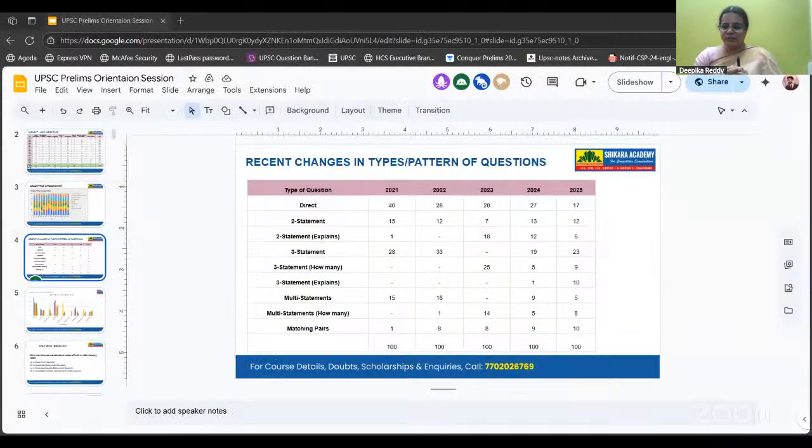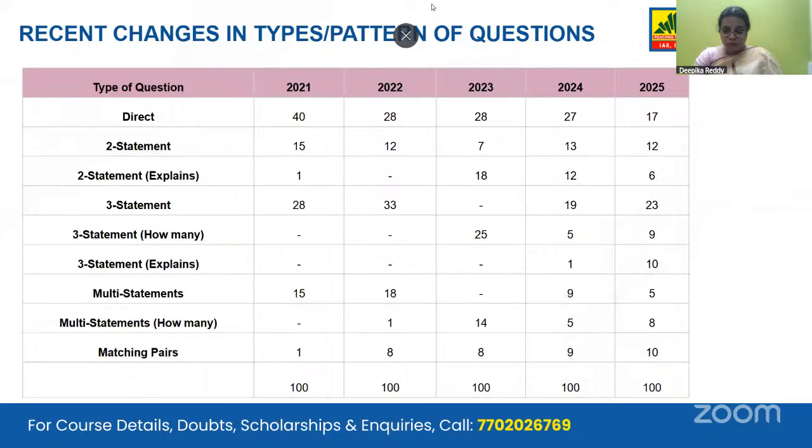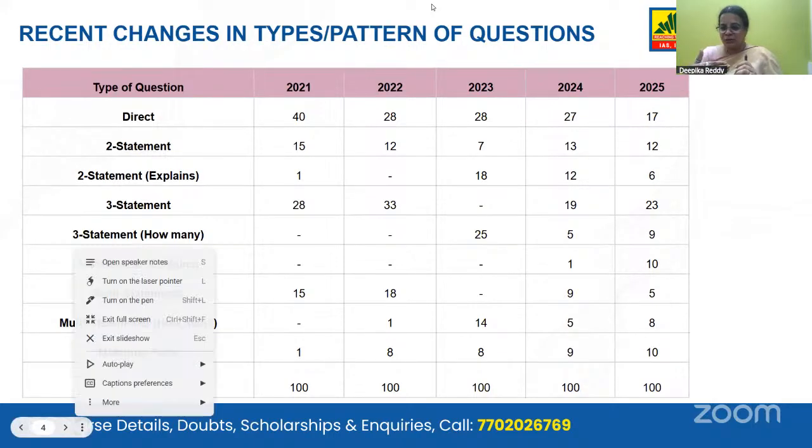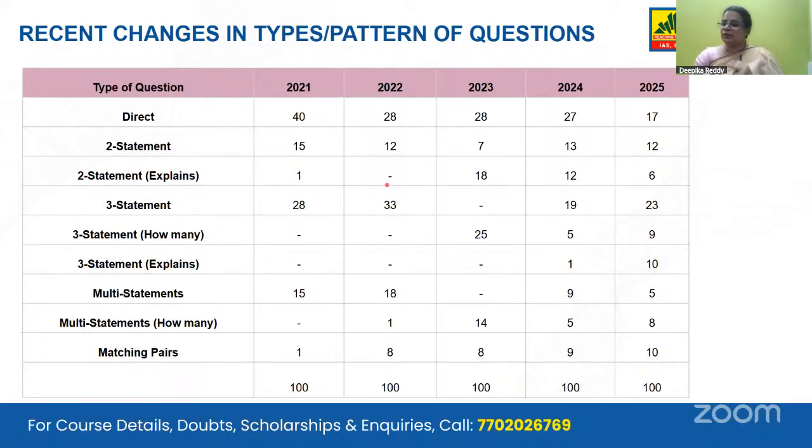difficulty UPSC is taking. Elimination method is gradually being replaced with one is correct, two is correct, three is correct, four is correct. So such questions make it extremely difficult for you to even do any guesswork. And don't forget there is negative marking. So it limits your guesswork in the paper basically, because if three statements are given, unless you have a knowledge of all the three statements, you'll not be able to mark the right answer.